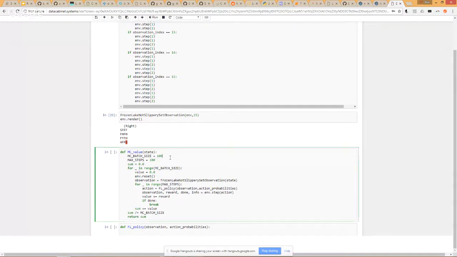So now we actually have some control. We can now move around the environment in the way that we want. And now this brings us on to the idea of value functions. So for value functions, basically the idea is that